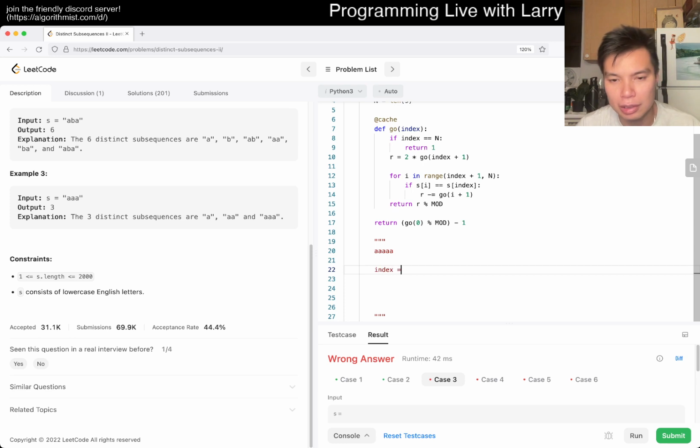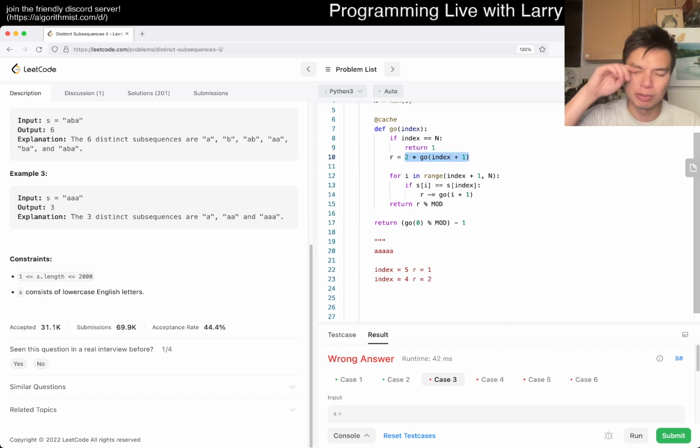So at index is equal to 0. What do we have? Well, at index is equal to 5, then this is just equal to 1. Index is equal to 4, then it returns 2 because it doubles up, which is wrong, but that's okay